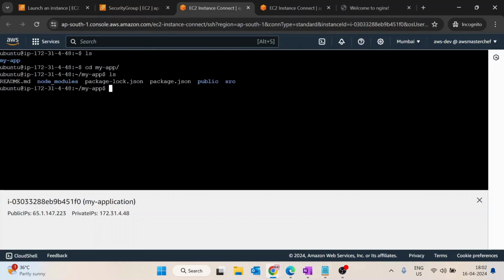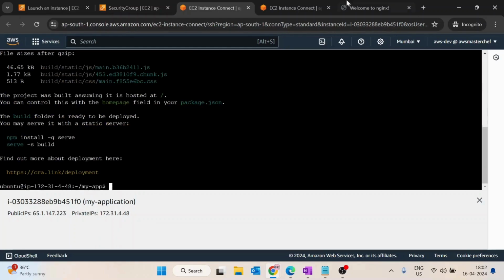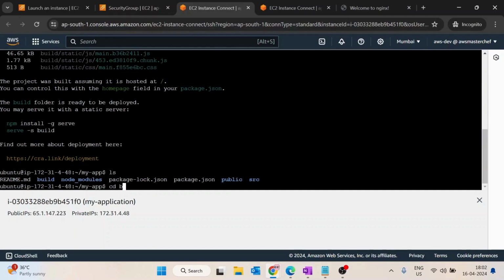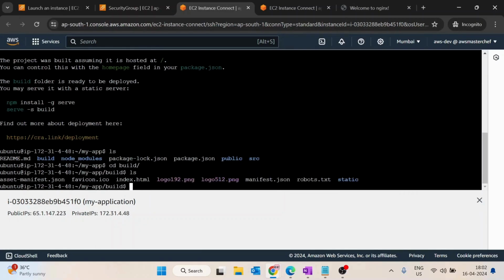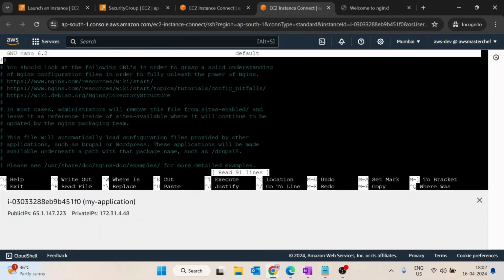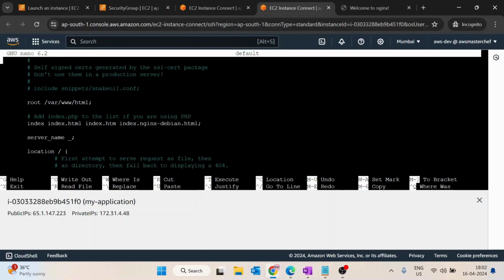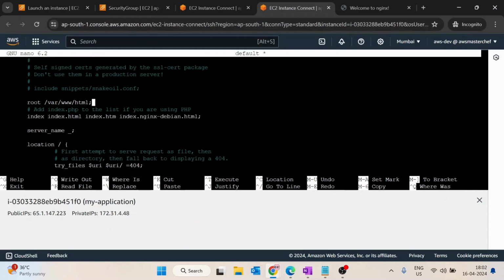Okay, so it has not built that yet. So I will be going to run npm run build. Yeah, so it is creating a build for us. So I think once we got the build, what we will be going to do? Yeah, it is done. So this build folder is the one which is useful for us, and inside the Nginx we have to now update this Nginx to serve files from our build folder rather than this var www html, right? So what I will do, I will going to edit it,